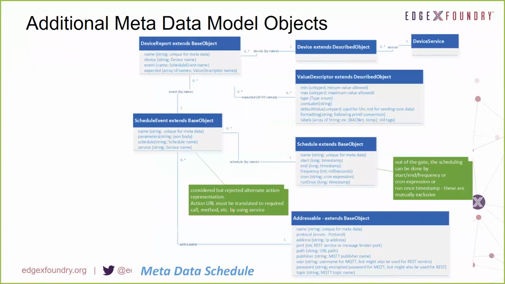There are some additional metadata model objects that I'm just going to briefly discuss here. I'll leave it to you to start to get into some of the details. We have the concept inside of metadata of something called a device report. What's a device report? Well, once a device and a device service and its device profile are established inside of metadata, your system, maybe the device service, for example, wants to suggest to metadata what is going to be collected from that sensor device and in what time frame is that data going to be collected? And what should that data look like?